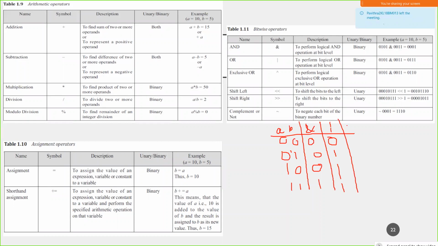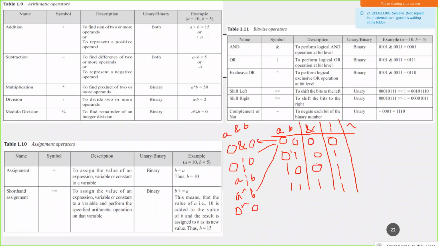Now the last one, XOR, which is the caret operator. The first one is like 0 ANDed with 0, that is, I am writing A and B. Then next we had the OR operation, for which I had considered the first bit. So this one will be represented with 0 ORed with this one, so it is like A ORed with B. Then the third one is A XOR with B. If I just consider the first one, it is 0 caret 0.